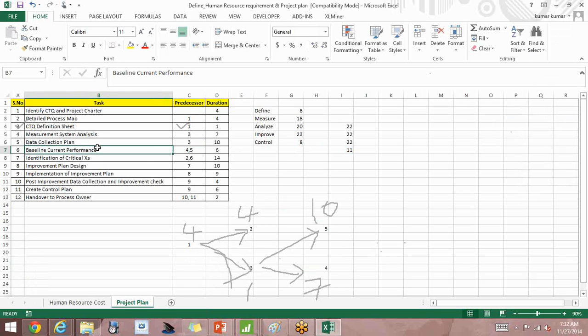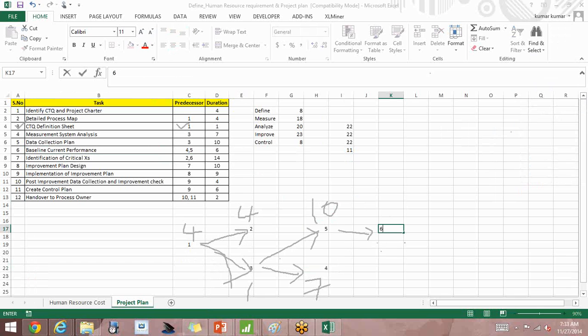Then comes step 6. Step 6 has 2 connections from 4 and 5, and it takes 6 days.